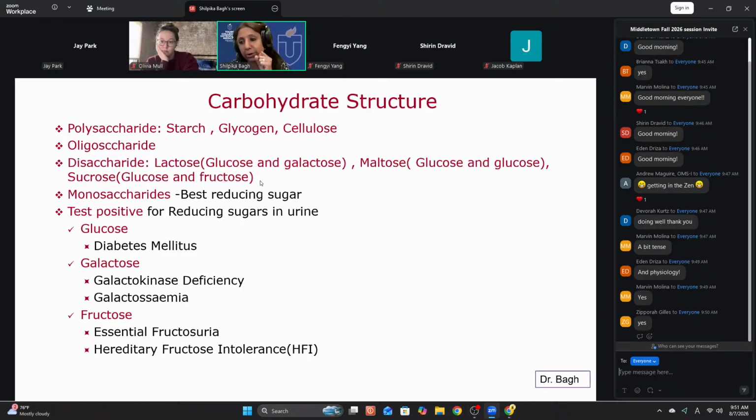First of all, for carbohydrates, you don't need to know structure, but you should know what you are consuming in your diet when you go to bake sales. For monosaccharide, you consume glucose, galactose, and fructose. You should know which one of them is the aldose sugar. Which one is an aldose sugar and not a ketose sugar?